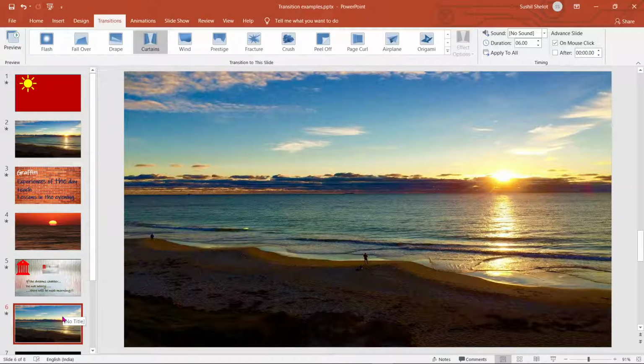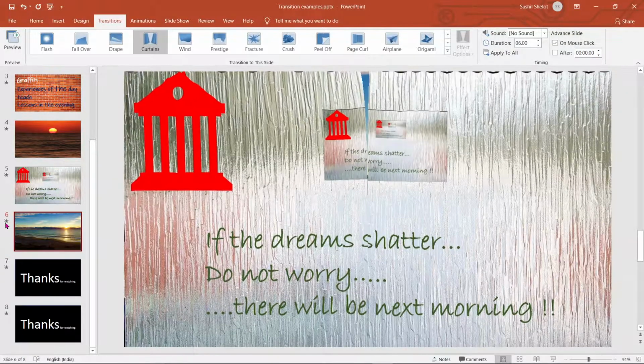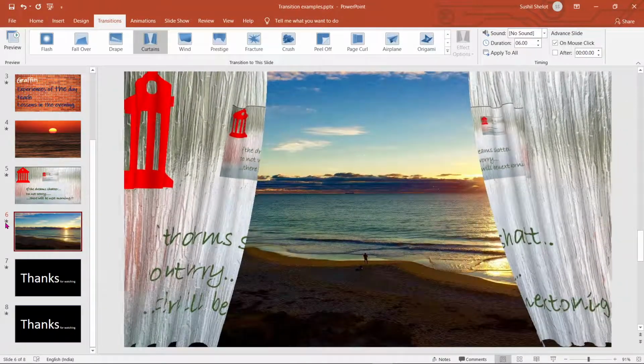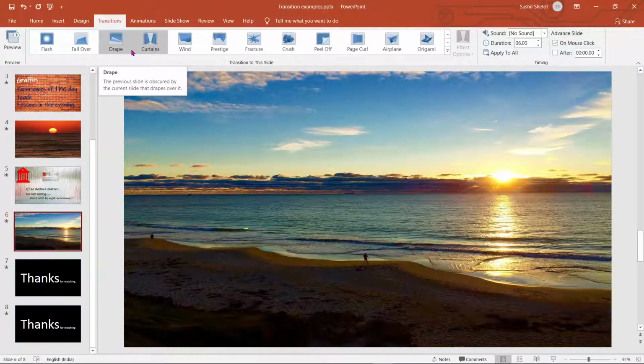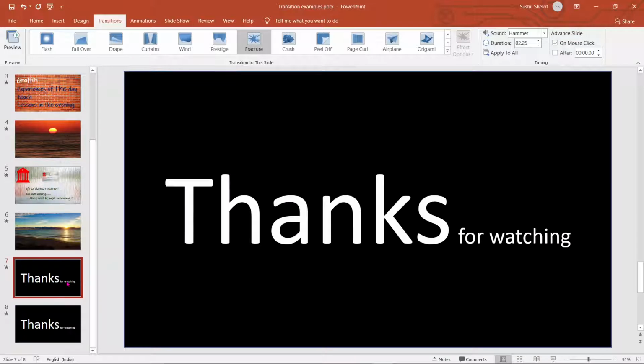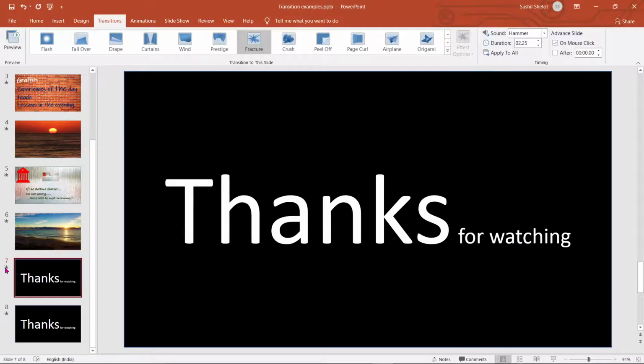after every evening there is a night, darkness, and then again a bright sun rises the next morning. So here on this slide we had the morning scene again of the seashore, and when I went on to play the transition on this slide, it was again curtain. After that, the next slide which we had was a Thanksgiving slide, wherein I added the transition of fracture. I'll repeat it.